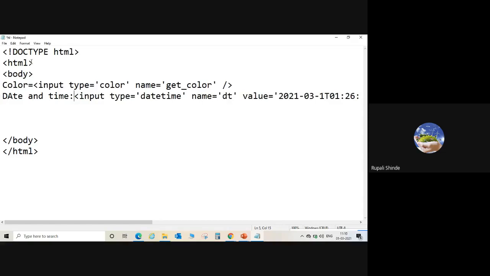Just mention here the break tag, so it will occur on every new line.